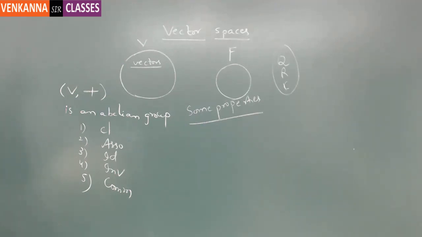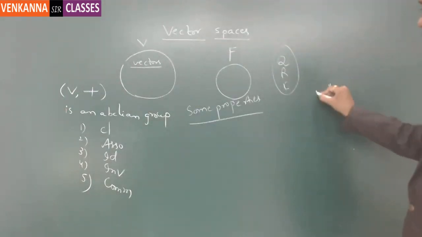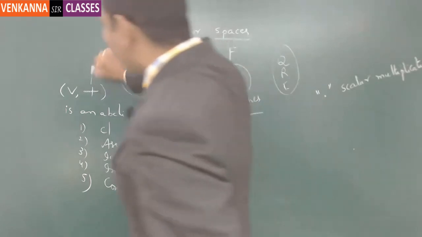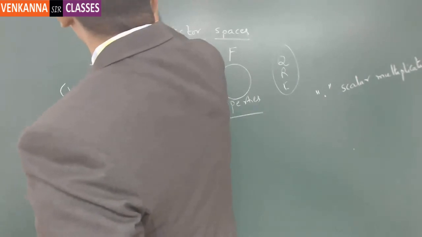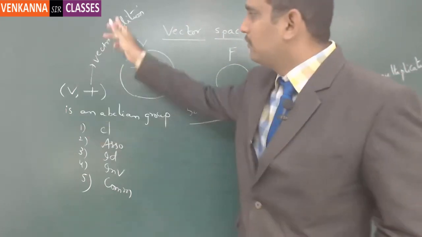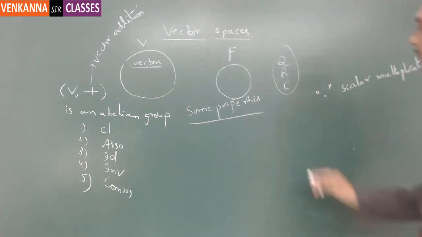Is it clear? Right. Now, I am taking another operation, dot, called scalar multiplication. There, I call plus vector addition. Why am I calling it vector addition? Because the elements in the set V I am calling vectors. Since I am adding them, I am calling it vector addition. Right? Now, with respect to this dot, I am checking the following properties. The properties are